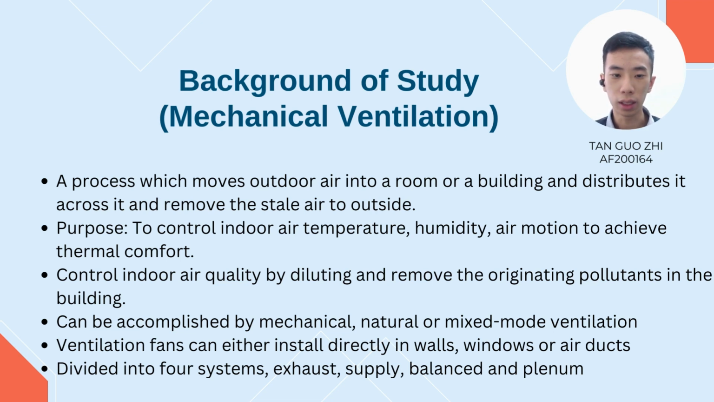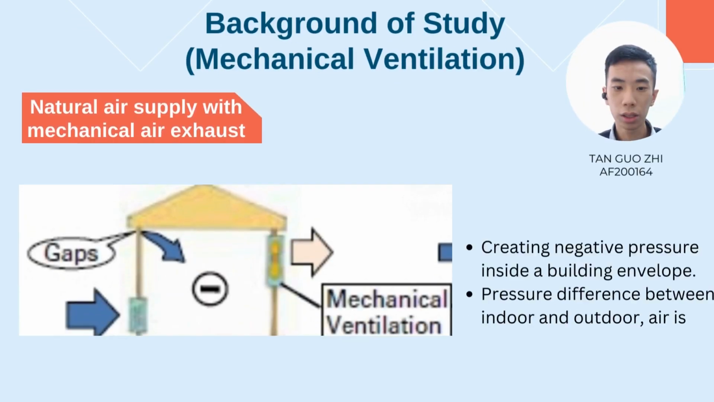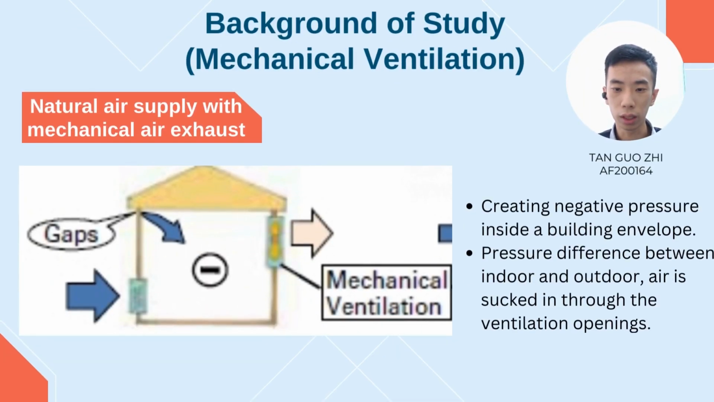This fan can either be installed directly in walls, windows, or even in air ducts to supply air into or exhaust air from a room or building. Mechanical ventilation is divided into 4 systems, which include exhaust, supply, balance, and plenum systems. The exhaust system can be done with the help of a mechanical ventilation fan by creating negative pressure in the building envelope. Due to the pressure difference between the indoor and outdoor, the air is sucked in through the ventilation openings,